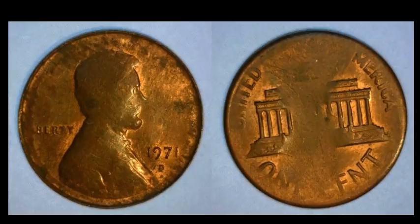All right, so this gem right here, you would just probably pass by and think, oh yeah, that thing is worn down like you would not believe. Not so fast. It's a 1971D Lincoln Memorial cent. This particular coin was actually struck on a split planchet. So the planchet had split in half, almost like a clamshell that completed all the way through, and it just fell off. So it's like half of a coin